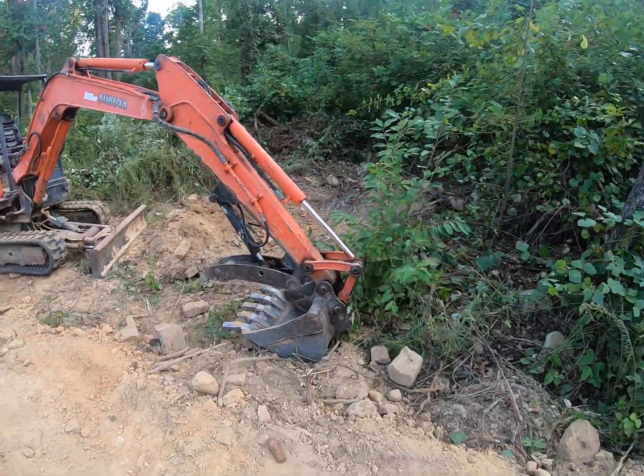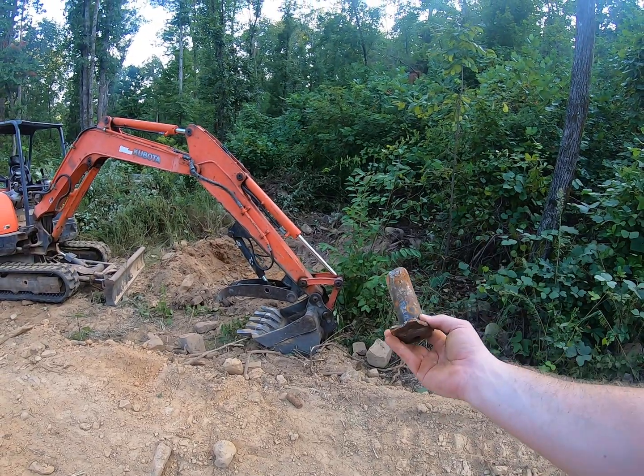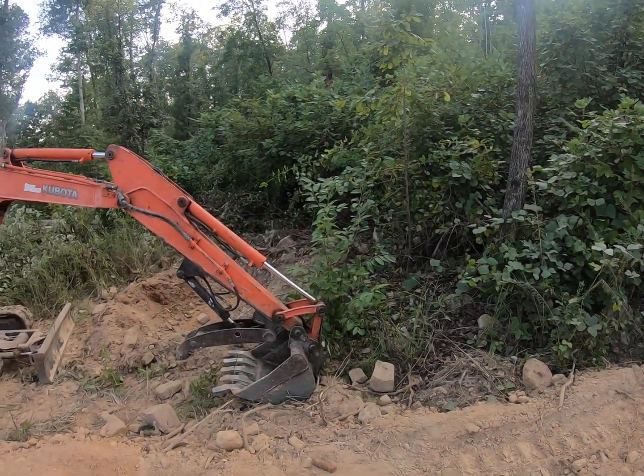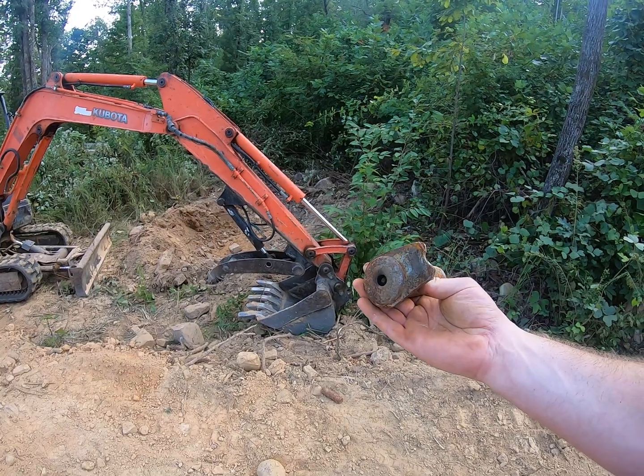So anyways, that's my little story and experience of having a pin break on me. Mostly I think it's just because it wasn't lubricated. It didn't have grease on it, and that's on me, but maybe the lesson to be learned is to make sure you keep them greased. I've seen some YouTube videos of guys who manufacture these things for themselves, which is quite impressive. I don't have a machine shop, and I don't know someone who has one, but it would be nice, because this pin came out to be